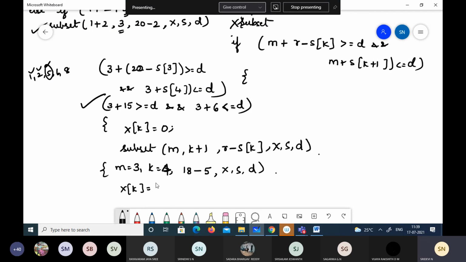Earlier it was 3 when we passed, so now it is 4. So we are selecting the fourth element now, x of k equal to 1. Then if m, that is 3 plus s of k, what is s of k? See here, 6, 3 plus 6. It is equal to d. Is it equal to d? 9? It's equal to 9. We are getting the first solution.